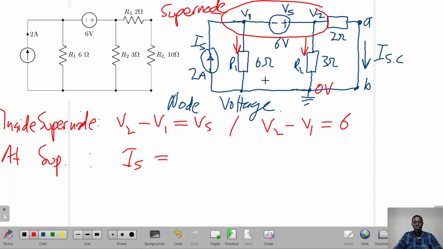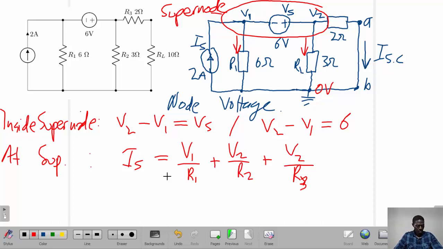So IS must be equal to the current here, which is V1 over R1. This adds to the current here, which is V2 divided by R2, plus the short circuit current here, which is V2 over the resistance there, which is 2 ohms, R3. So when we replace in the values here, we get